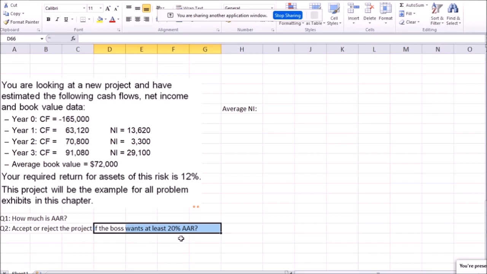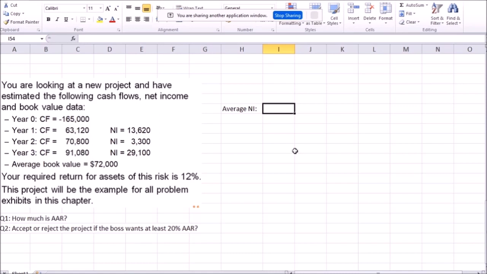So what I've said, I'm just repeating so that we see what we're talking about. Decision whether to accept or reject based on the average accounting return, again, depends on some preset requirement. In this case, by the boss, by the exam question, whatever. This 20% doesn't actually go into the calculations. So it's more like payback period rather than NPV. Okay, so let's calculate average net income.